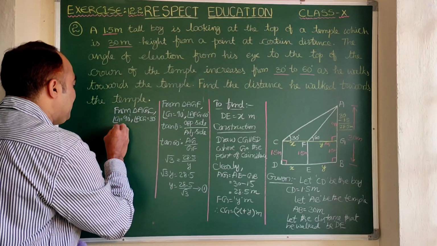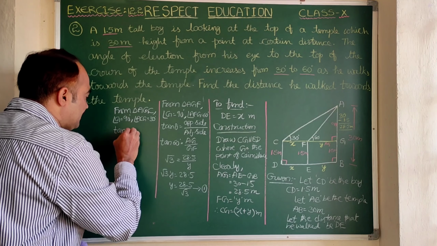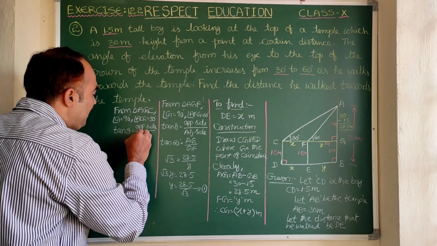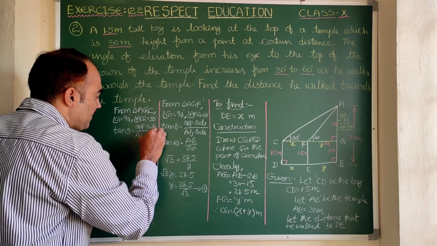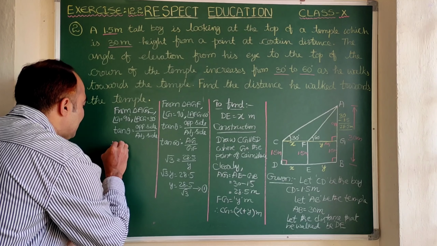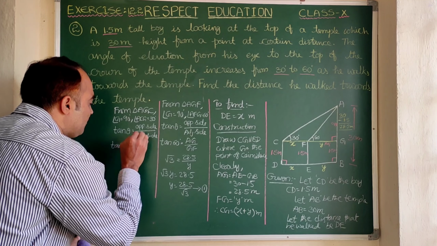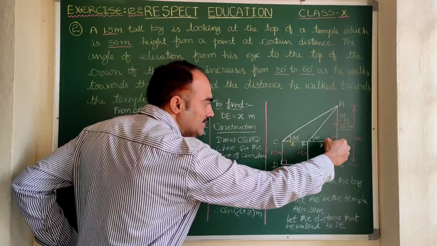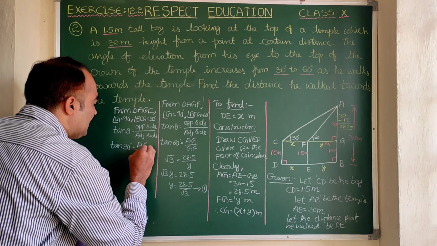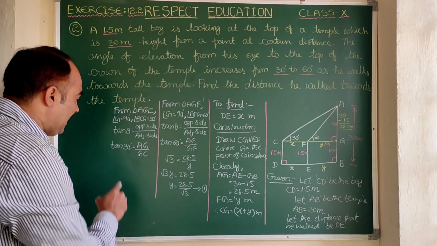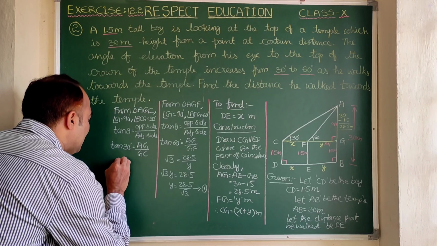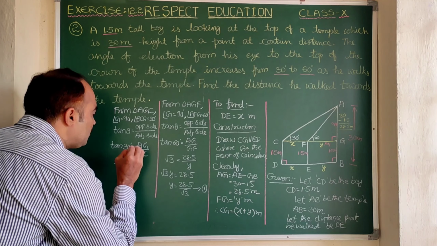So now here let us apply the suitable trigonometric ratio, that is tan theta. Tan theta is opposite side to theta by adjacent side to theta. And substitute the values. Here theta is 30 degrees. So here we will get tan 30 degrees is equal to opposite side AG by adjacent side GC. Tan 30 value is to be remembered, it is 1 by root 3.